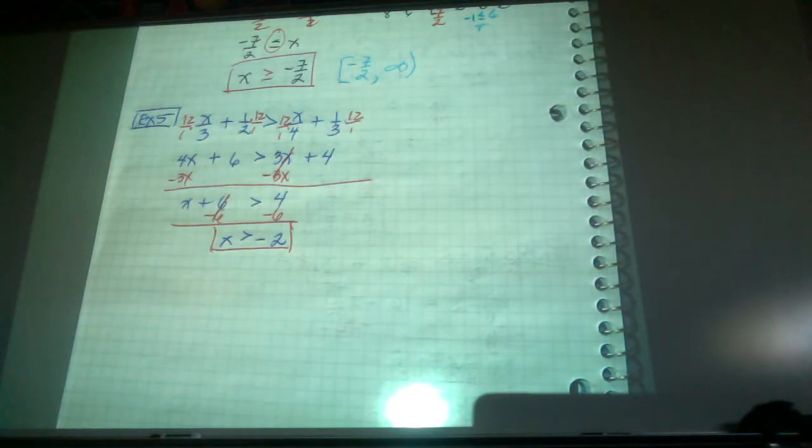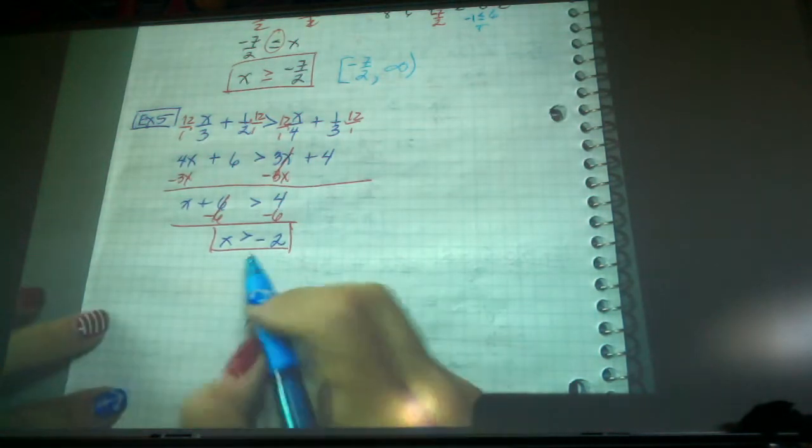Anybody have issues with my solution? Good with that? All right, so if we put it in interval notation, we only have one boundary point, so that implies we also have an infinity or a negative infinity along with that. So if I'm going greater than -2,